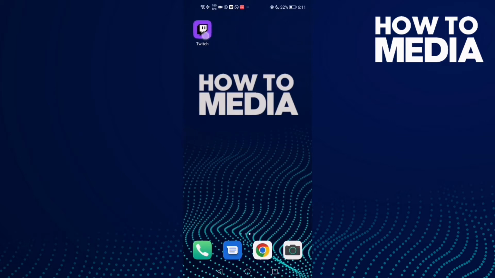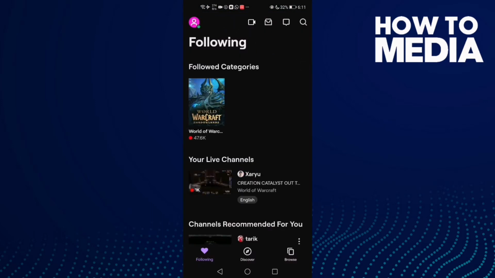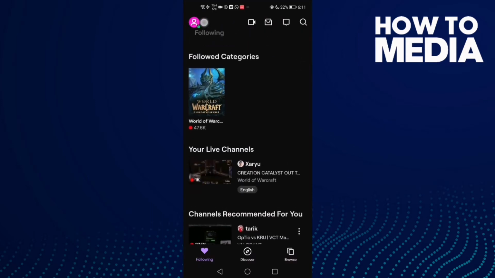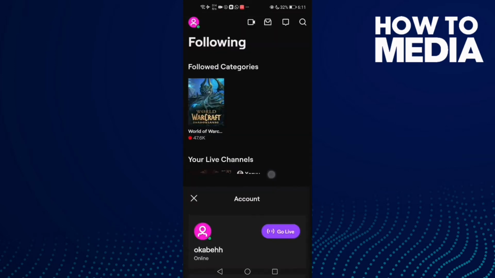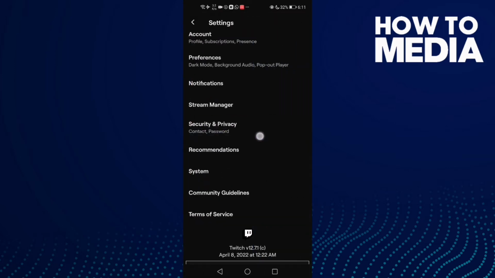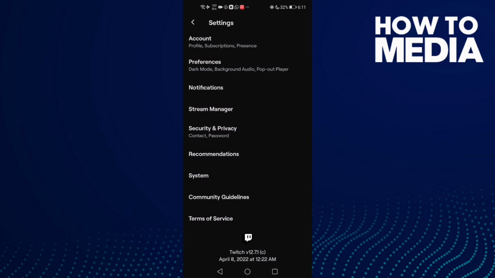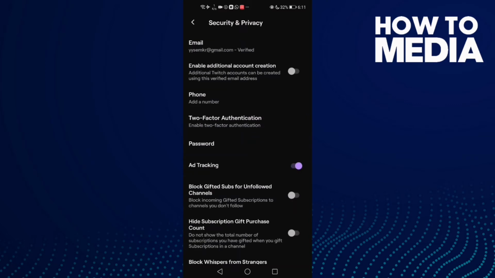First, go to Twitch, and then click this one on your profile, and now click account settings, and then click this one, security and privacy. Click on it and then click here, email. Click this one